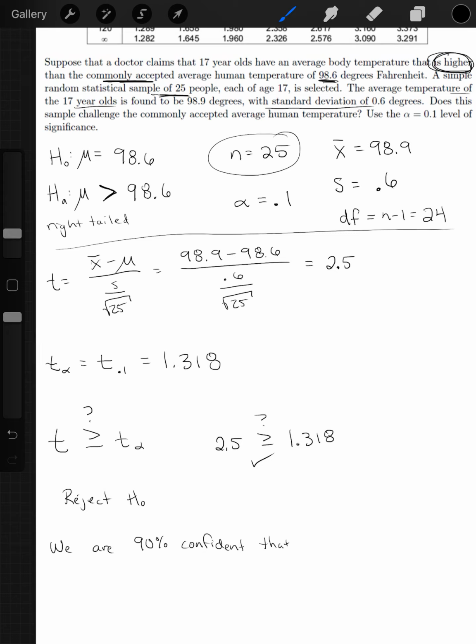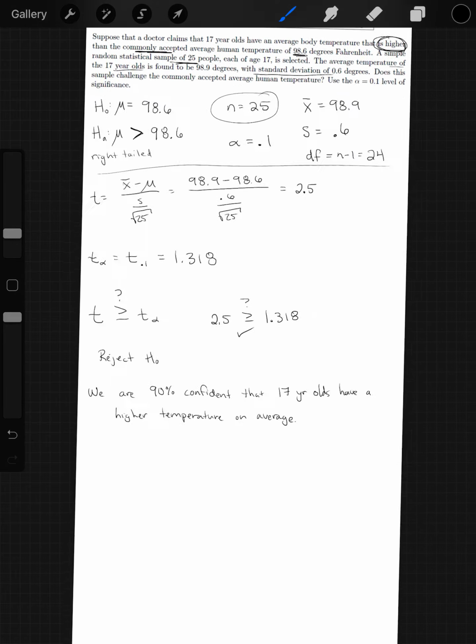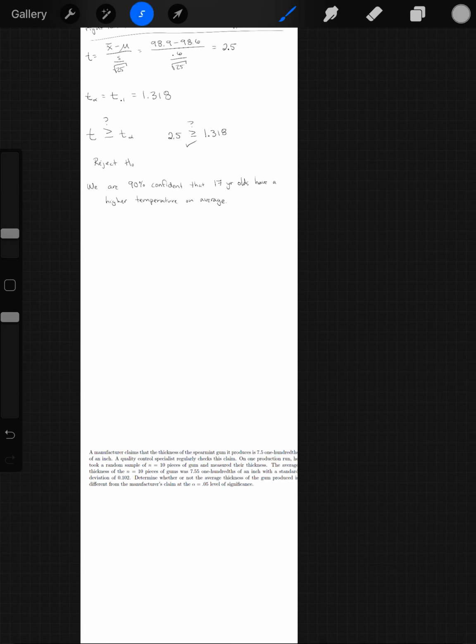That 17-year-olds have a higher temperature on average. Right? So,